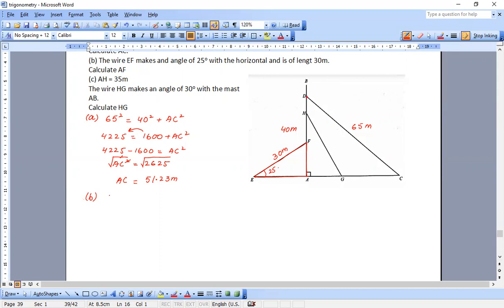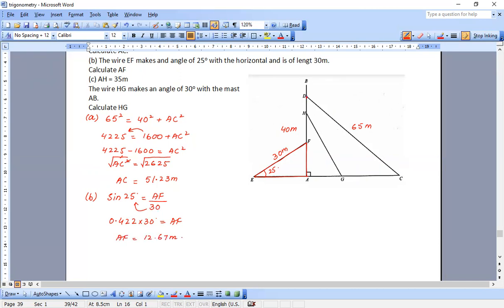So the trigonometric ratio which I need to use is sine 25 degrees is equal to opposite, which is AF, upon hypotenuse, which is 30. Sine 25 is equal to 0.422. I'll write 0.422 and I move this 30 over here. This 30 will multiply with the value of sine 25, which is 0.422. So I can multiply this value with 30 and I get 12.67. So AF is equal to